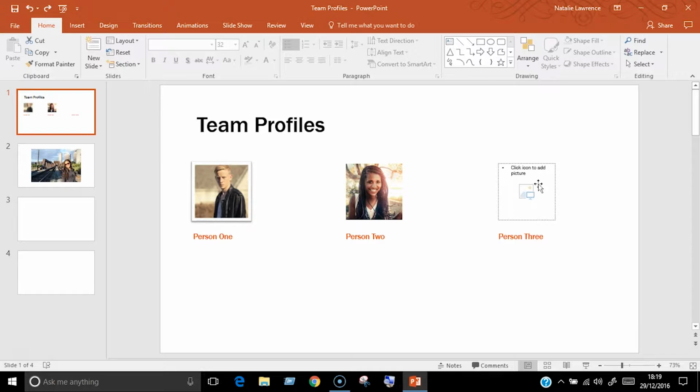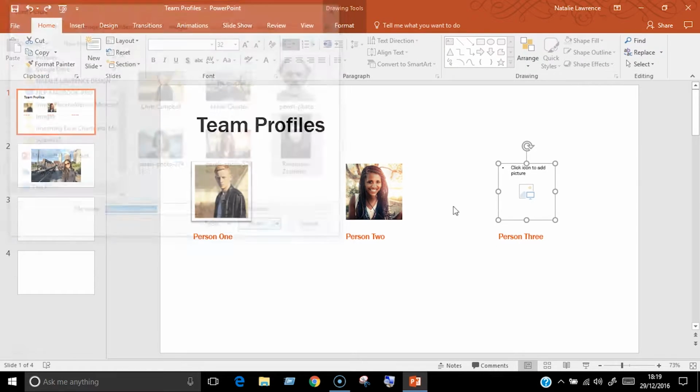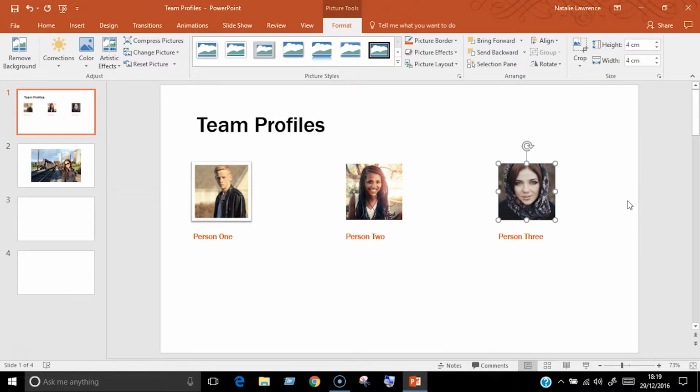I'm going to click in the middle of this placeholder and I'll choose this image. It's portrait, not square, and it's also larger than the placeholder. But that doesn't matter because when I click on the Insert button, you'll see here the picture is exactly the same size as the placeholder itself. Excess parts of it at the top and bottom have been masked off,